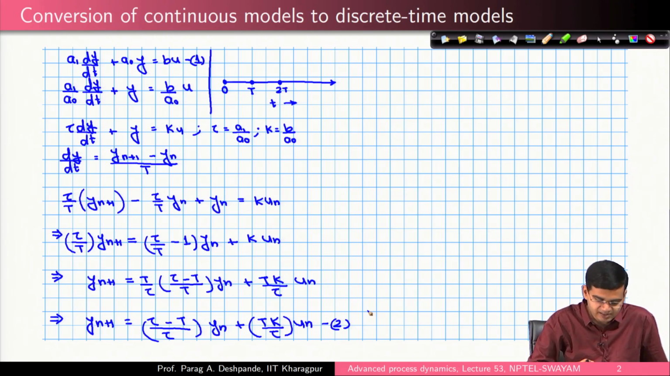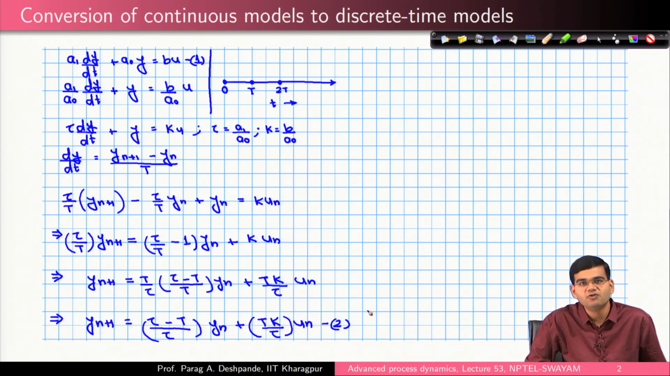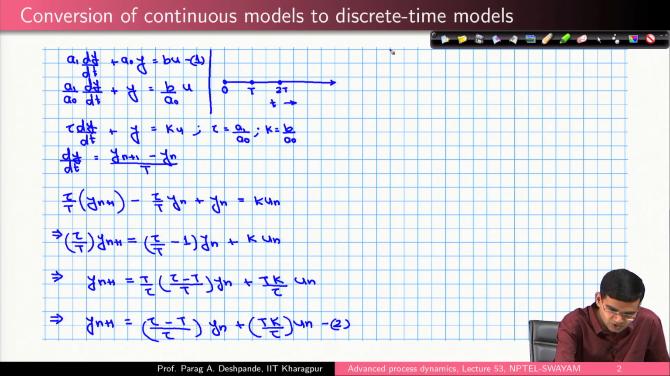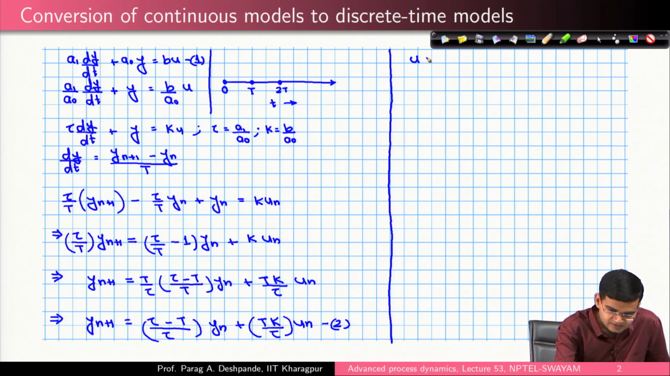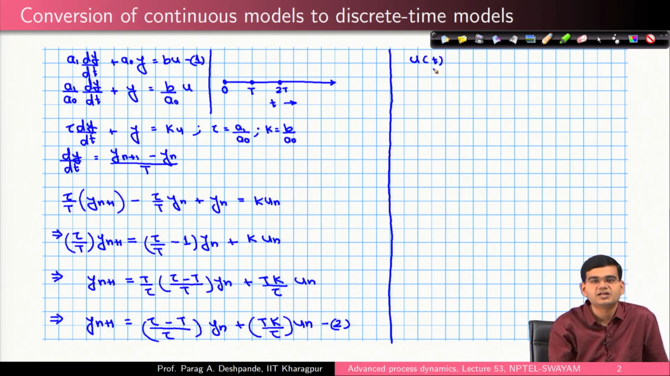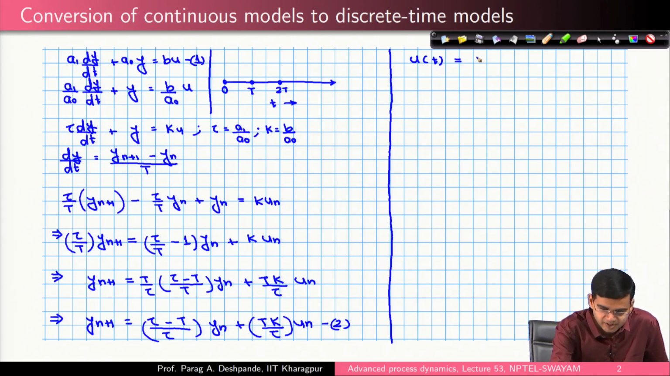So, therefore, the form of equation which is there in the discrete time is quite convenient to get the evolution. Let us see if we can have an idea about the evolution of the system with the help of this particular equation. So, we said that if I have a first order equation and u of t, the continuous time forcing function, as a step function of magnitude a